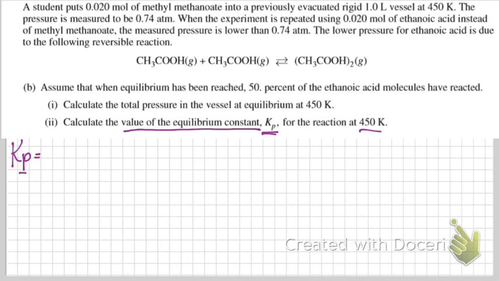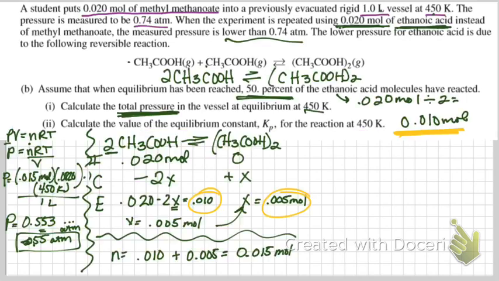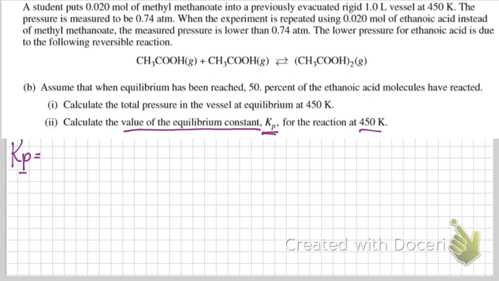So if we go back on that other screen, look at the equation we wrote. That's kind of the more simplified one. All right, so we have our products over our reactants, and because there's a coefficient of 2, our reactants are going to be squared. So for Kp, we are going to have whatever the partial pressure of our product, the CH3COOH2,